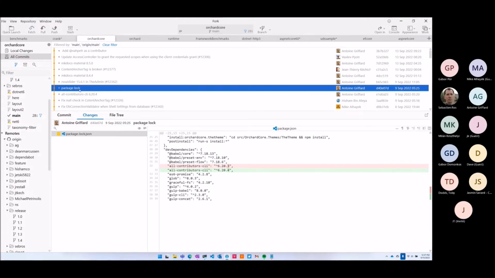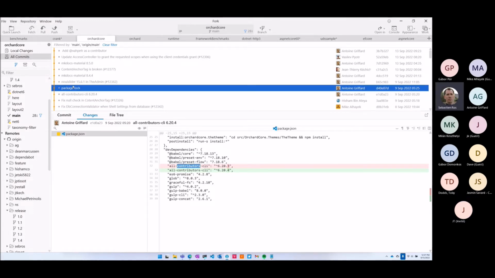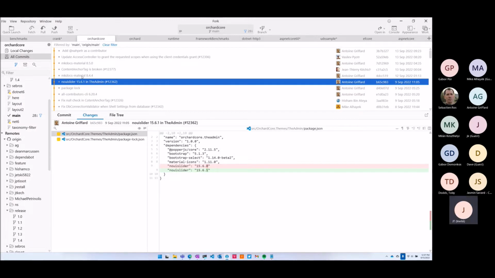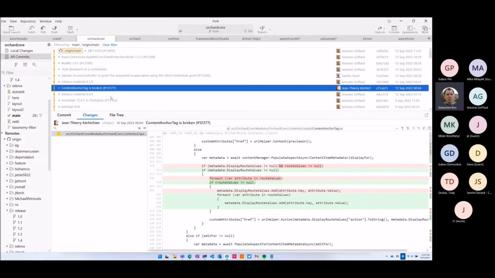Sorry. Package log. Oh, that's the thing for displaying the contributors in the documentation. Okay. Your update and docs and the fix of the fix. Thank you. That's why we have reviewers, even if we don't ask for reviews.